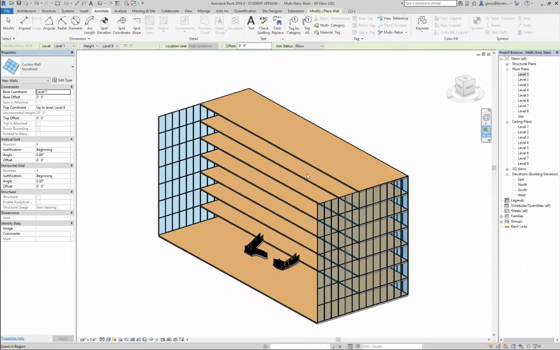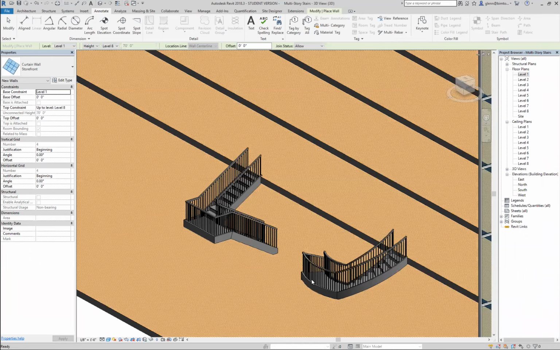So you can see I have a couple of different examples here. Let me zoom in. I have a little switchback stairway. I also have a little kind of rounded stairway. And either of these can be used for creating that pattern. What you're going to start by doing is, after you've created that stair and it's in the